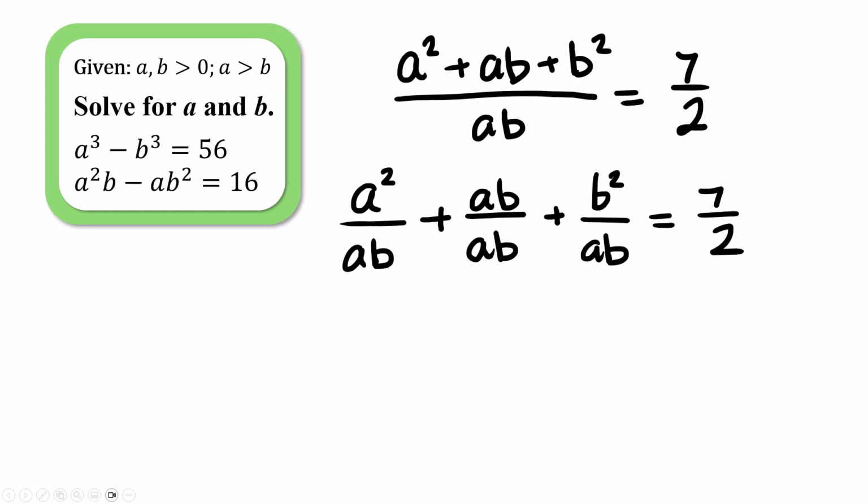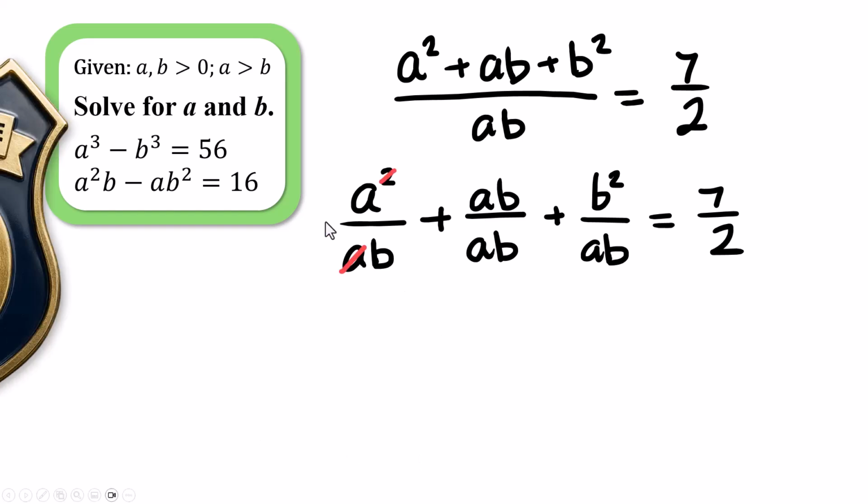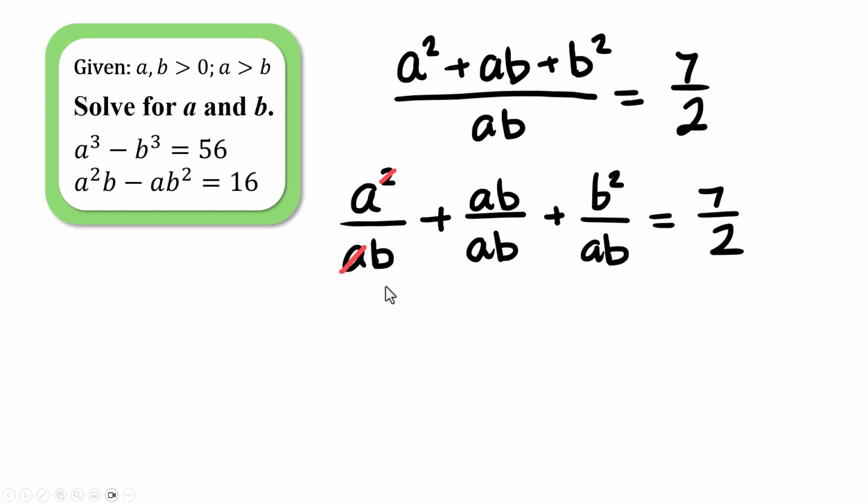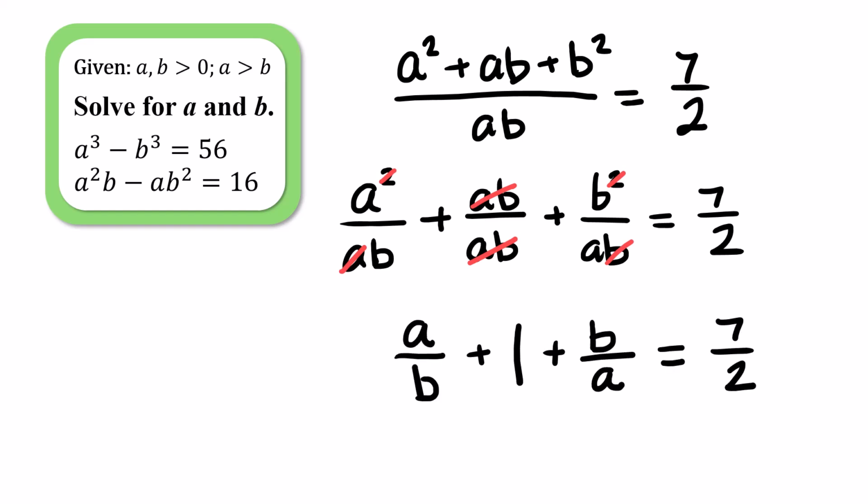And I'm going to do some more canceling because I like to cancel legally. So I'm taking an a out of the top and the bottom of this one. This guy, that's the same thing, so that's just going to be a 1. And then I can take a b out of the third one. Let's write down what's left. Looks cleaner than what we started with, but we still have two unknowns, and I'm just working with one equation,